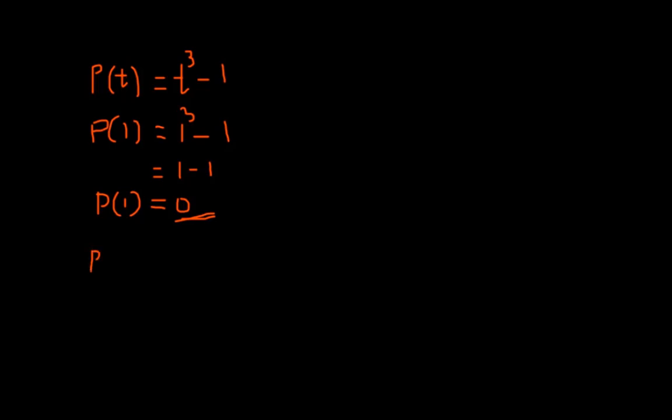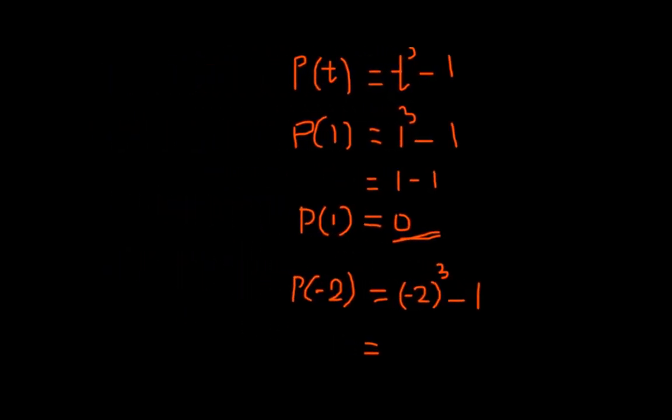So in the given polynomial, we are going to replace the variable value with minus 2. By replacing the t value with minus 2, we get minus 2 to the power 3 minus 1. And here this negative value has odd power. When a negative value has odd power, the negative sign will remain the same. So by cubing a negative value, we again get a negative value, and the cube of 2 is 8,